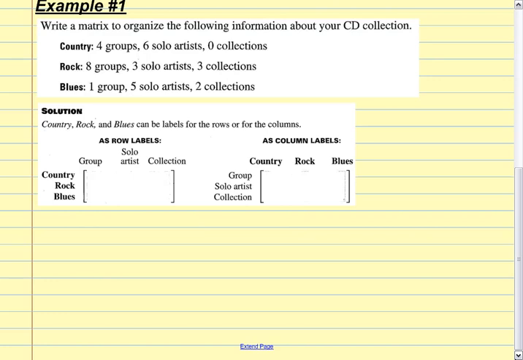Okay? Now, this says your CD collection. In country, you've got 4 groups, 4 country groups. You've got 6 solo country artists, and you have 0 collections of all-time greatest country hits or whatever, okay? Now for rock, you've got 8 groups, 3 solo artists, 3 collections. Blues, you have 1 group, 5 solo artists, and 2 collections. Now, I can't finish